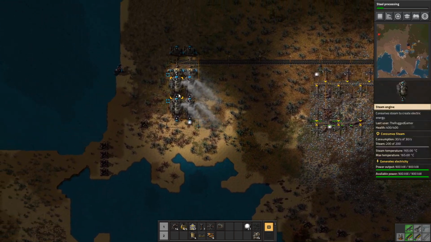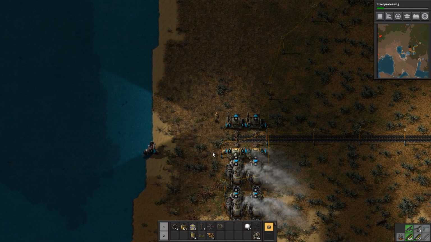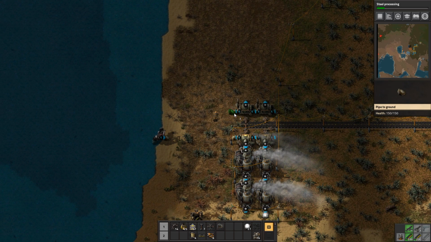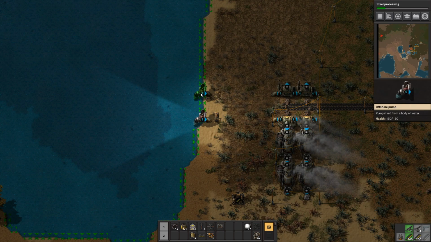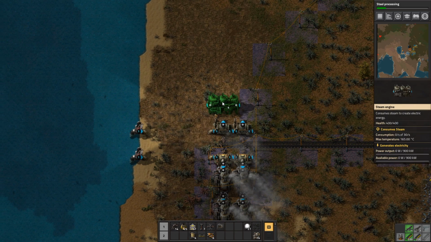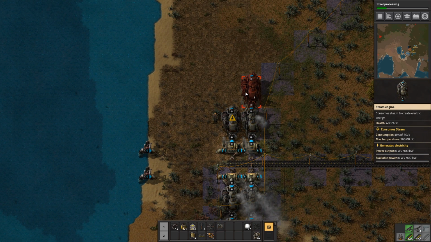Let's continue with our power supply. Again, I'm going to copy. We're going to need a pump and we're going to need underground piping. So let's just go ahead and get our underground piping. So, pump, go, yeah. Get our pump, like so. So that's now pumping to our boilers. We're now going to need our steam engines. 1, 2, 3, and